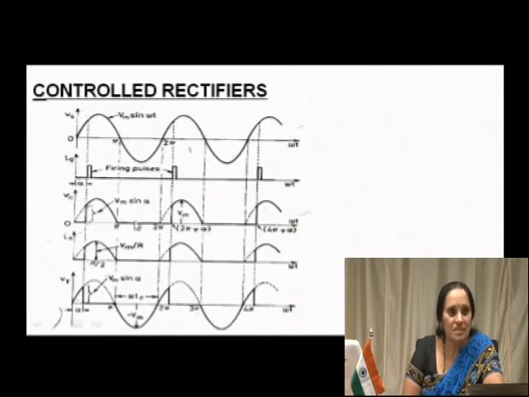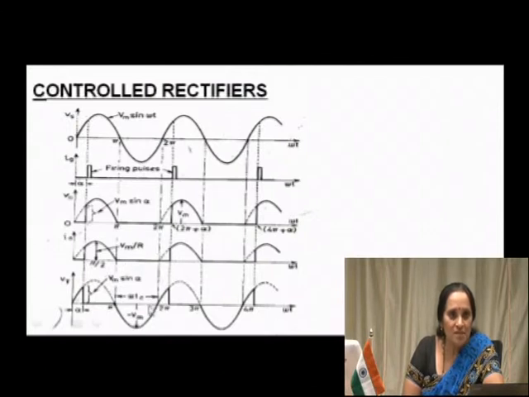Now please see the negative half, what happens in the negative half. In the negative half the SCR is reverse biased. So the SCR goes off, it is switched off. The moment it is switched off, there is no voltage across the anode and cathode. Off means open circuit, so there is no current flowing through the anode to cathode, and subsequently there is no voltage. They are in phase waveforms. That is why in the negative half cycle V0 is 0, I0 is also 0.